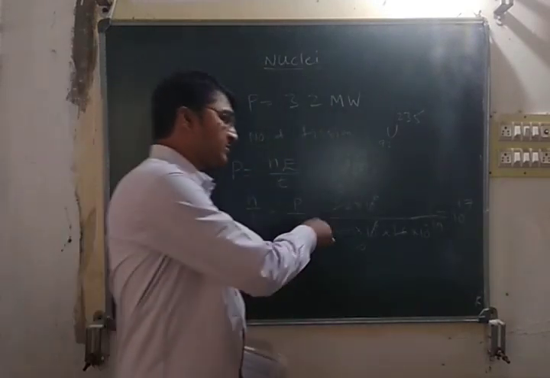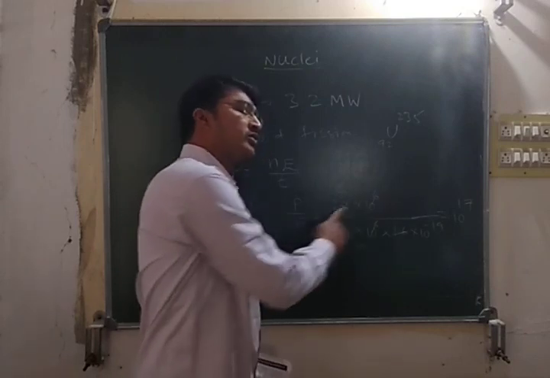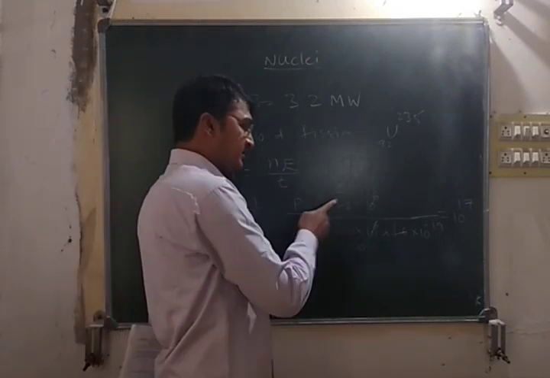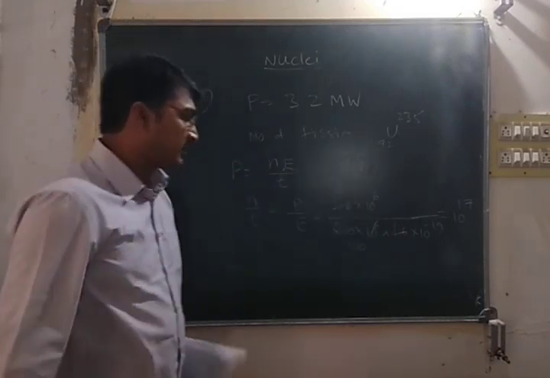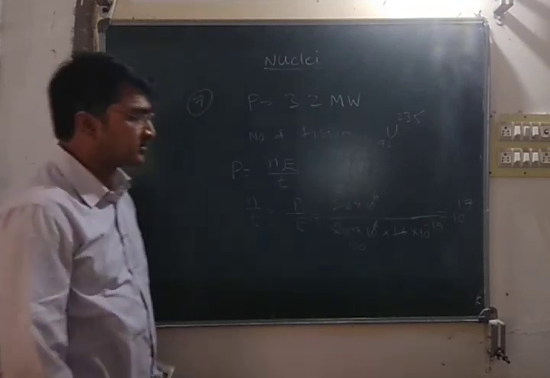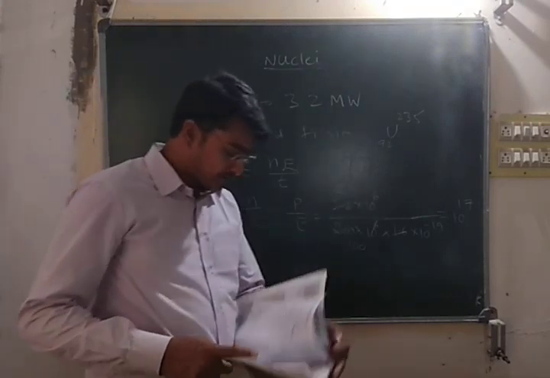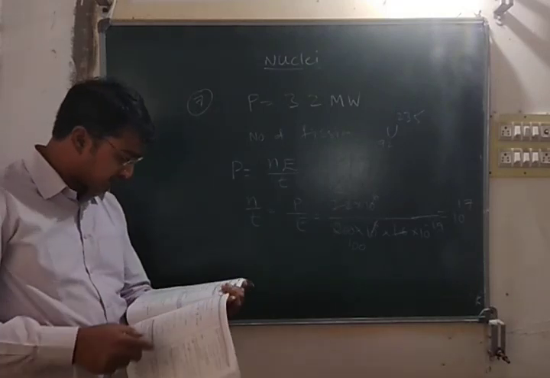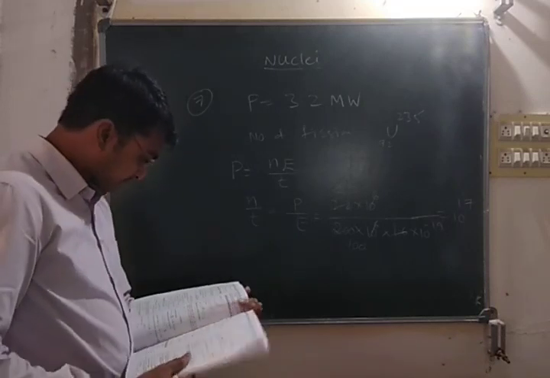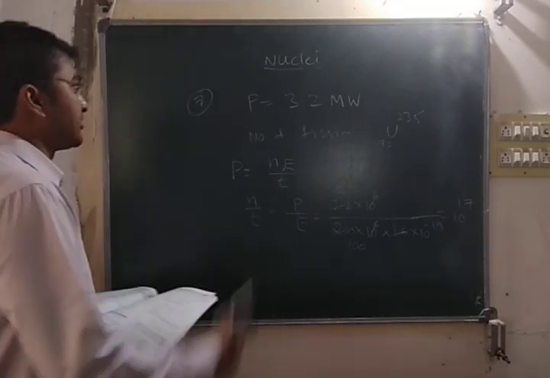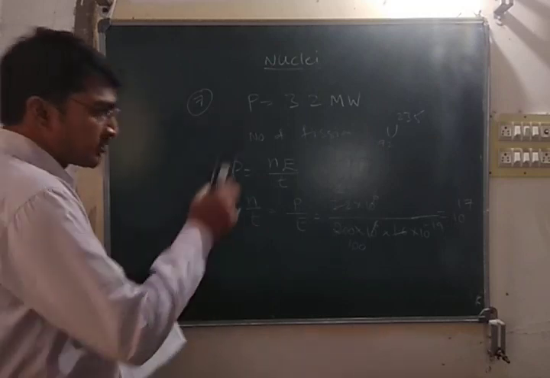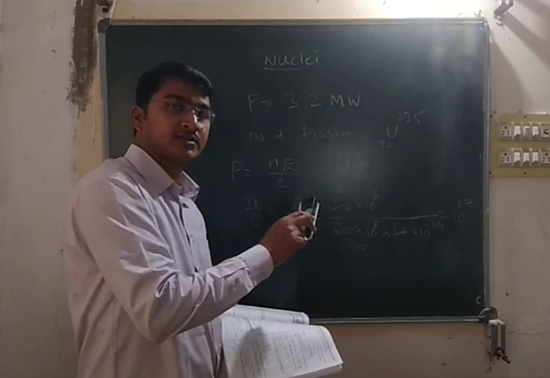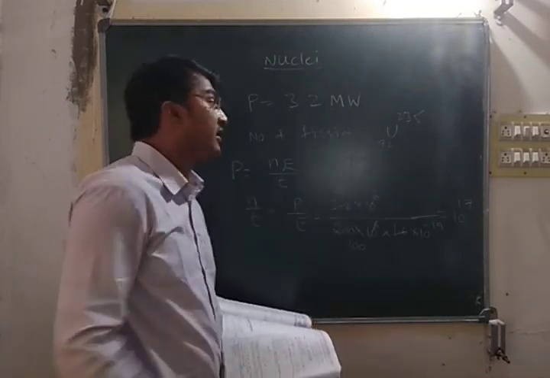Every time the numbers will not be this neat, but you should go through the calculation like this. This is an easy one, because 200 and 1.6 give 3.2, 2 times. But if they give different values, you should go through the calculation. So the option is 10 to the power of 17. Now, this is question number 7, and the answer is 10 to the power of 17. So remember the model. Don't memorize these numericals by heart. This type of question may ask for different relations or different values.